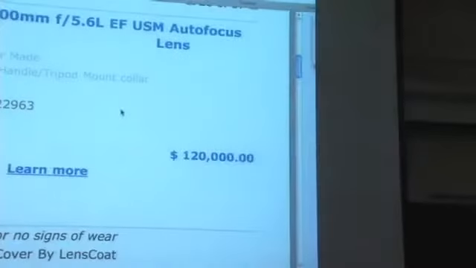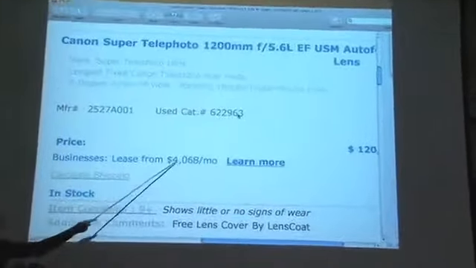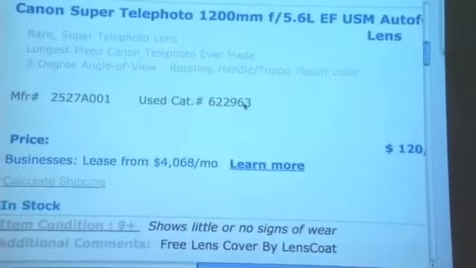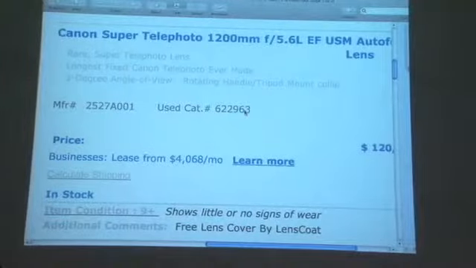$120,000. And look at this great deal that you can lease. You can lease it for only $4,000 a month. So if a number of us moved to cheaper apartments, we could put our money together and lease this particular device. Yes? I was just curious about the video, like how representative the labor intensity of making that lens is,